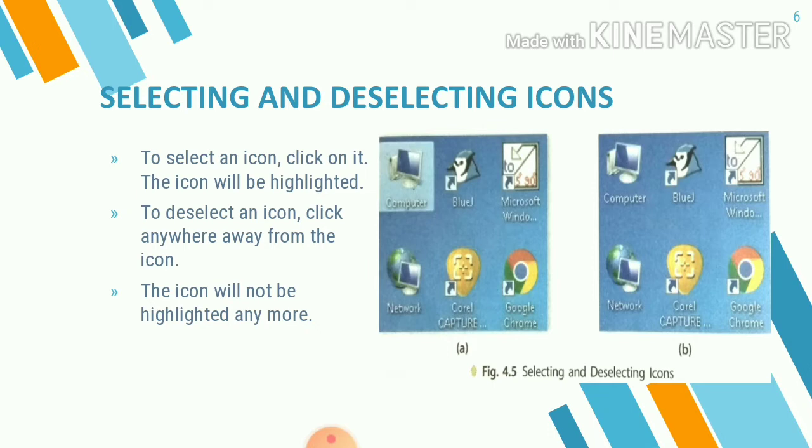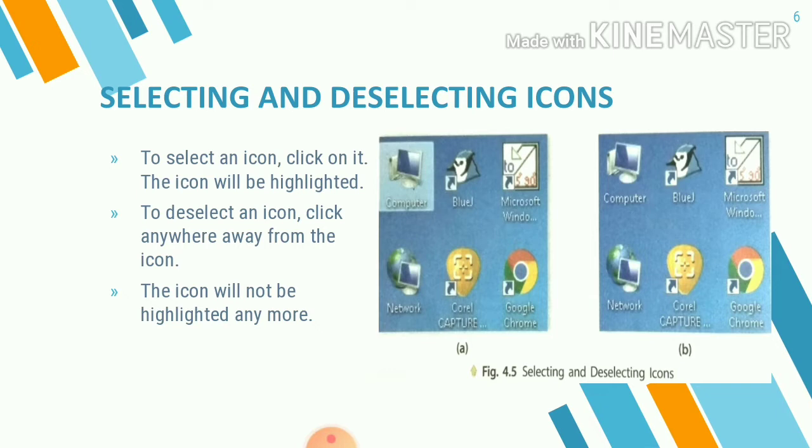And then to deselect an icon, click anywhere away from the icon. It means if you have to deselect your icon, you have to click in the blank space, then your icon will be deselected. The icon will not be highlighted anymore.